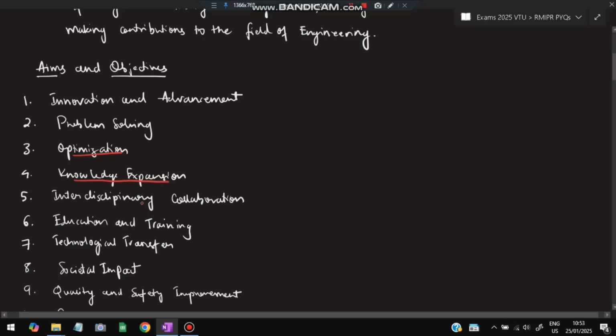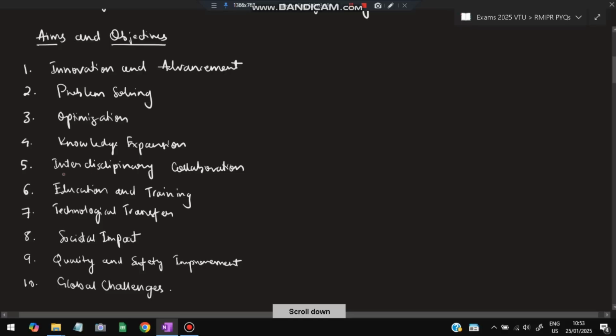The fourth is knowledge expansion. We are always trying to understand different aspects of the same thing, right? We're trying to understand various domains and disciplines, so that we'll be able to expand our knowledge and produce better solutions. Next is interdisciplinary collaboration. For example, an engineer might be working with a doctor. Now in which scenario will an engineer work with a doctor? See, doctors will use softwares for monitoring the heartbeat and all, right? That softwares are built by whom? Engineers only. So a collaboration between doctors and engineers will produce such amazing softwares, right? So that is what is called interdisciplinary collaboration.